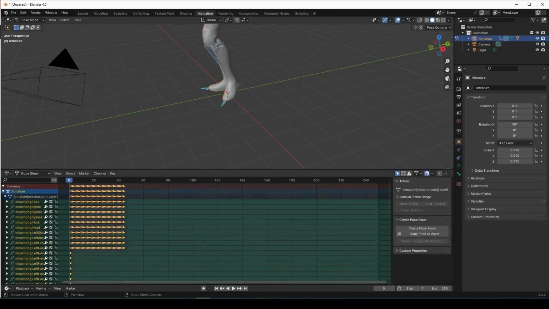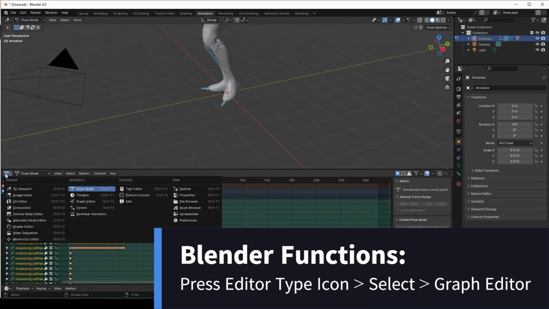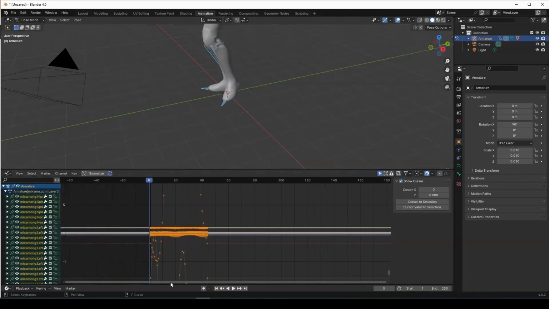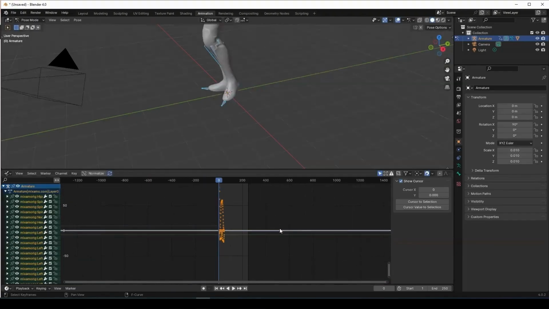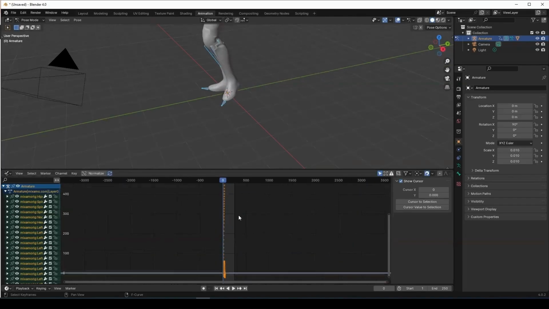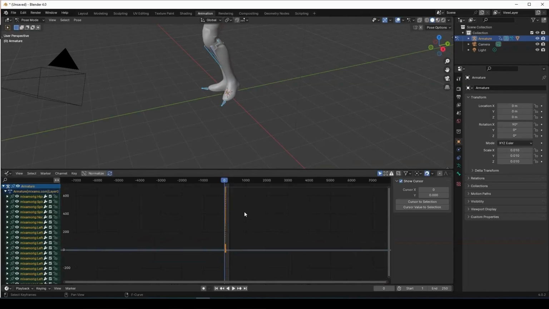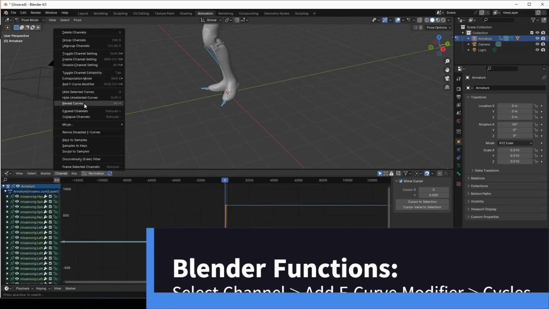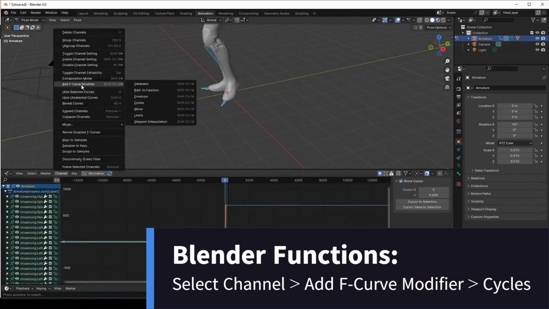So now we want to go to graph editor. We're in dope sheet, so click on this button here, go to graph editor, and now we have our graph information. It's all highlighted, so make sure you capture. If you want to zoom in and out, use the middle mouse button, roll in and out. Make sure you select all of them, and we want to go to channel, add F curve modifier,